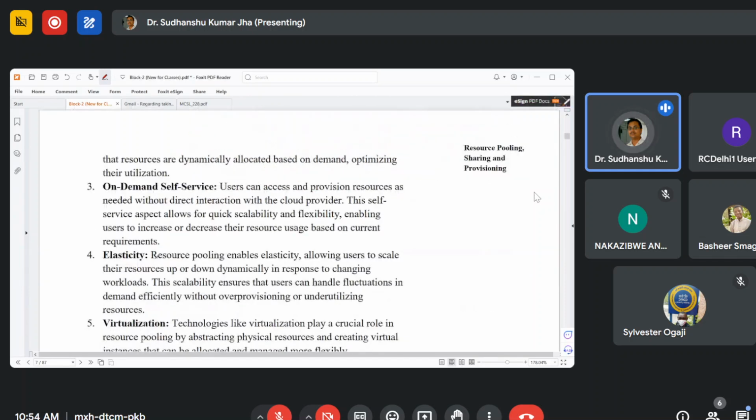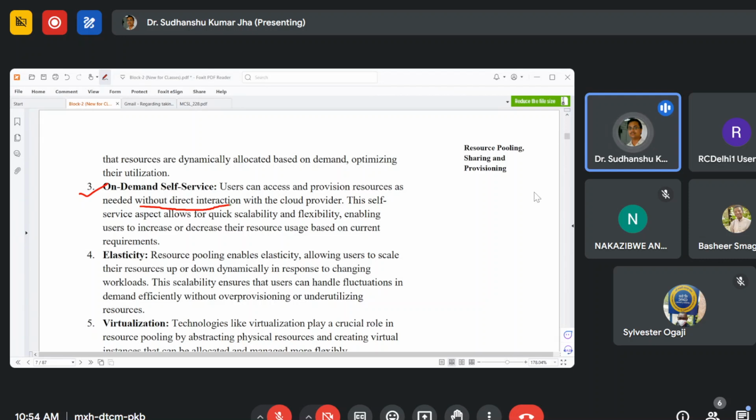Similarly, we have other features like on-demand self-service. Suppose that during the execution of your program, during the execution of your task, you need some more resources. So that can also be provided to you. Self-service means you are not interacting with any particular person on the cloud service provider's side. You are talking with some kind of robots,